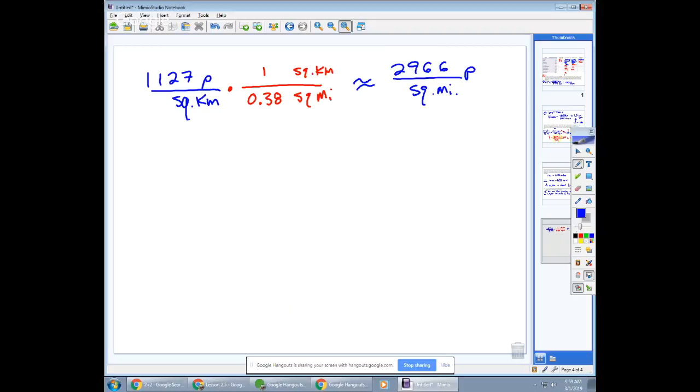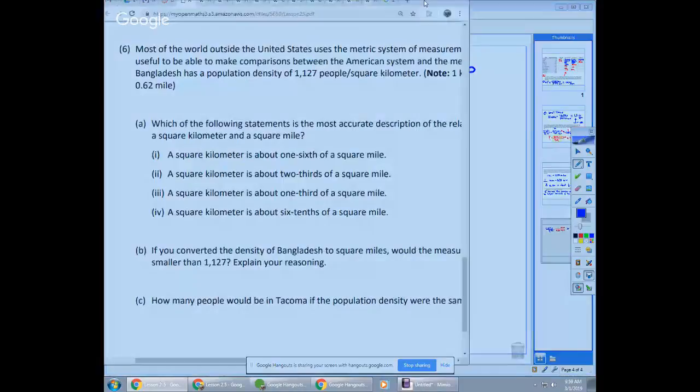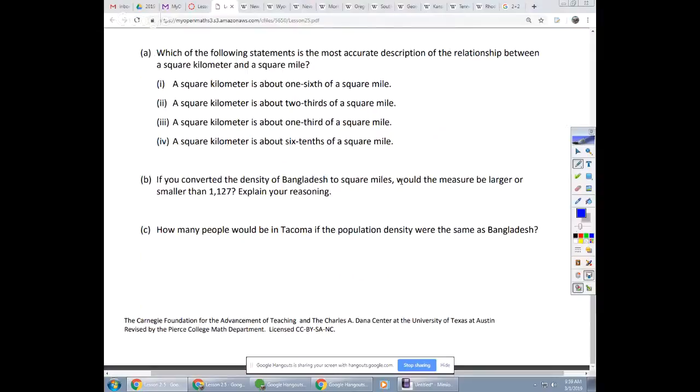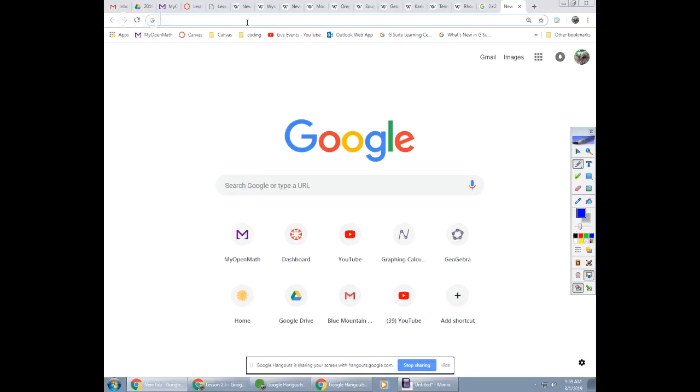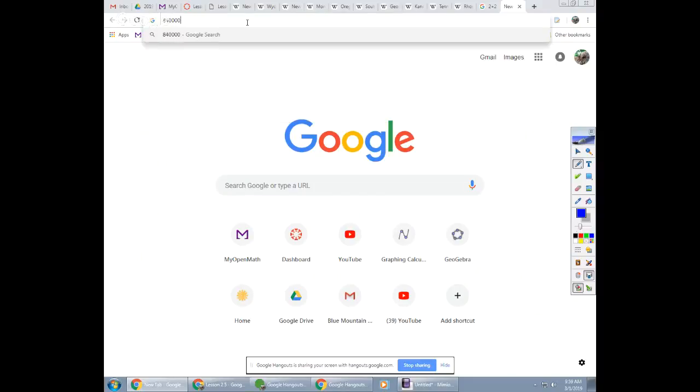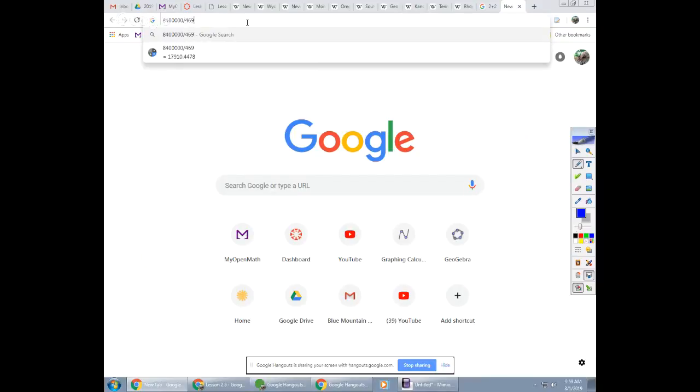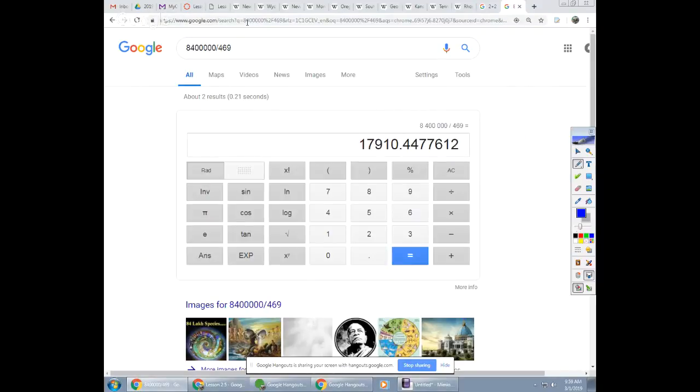All right. How many people would be in Tacoma if the population density were the same as Bangladesh? That's an interesting one. So back to New York for just a second. What was the population of New York? Was it 8.4 million? So if we take 8.4 million and divide by 469 square miles, New York has a population of like 20,000 people per square mile. But this is for Tacoma. So remember before we compared Tacoma to